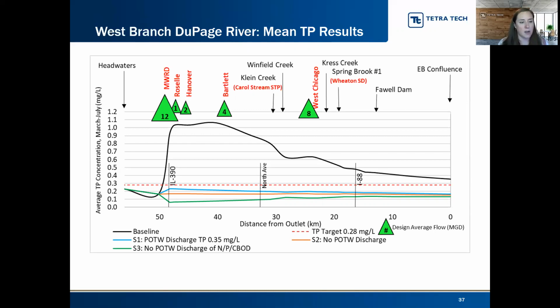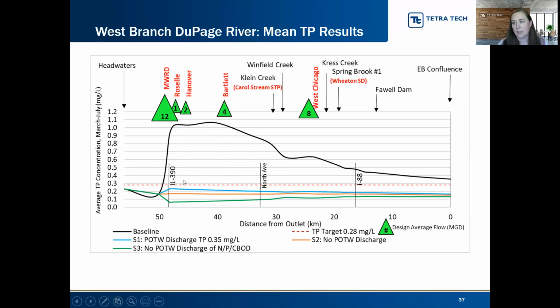And we see in-stream TP concentrations on average during this period can be over 1, and then they decrease as you're moving downstream due to the dilution of flow being added. So the phosphorus load is still quite high, but the concentration is being diluted by the amount of flow in the stream. And even if it's low down here, it's still a problem that it's high up here relative to